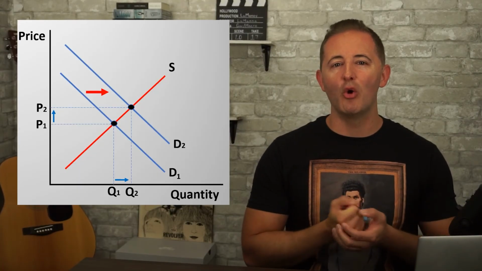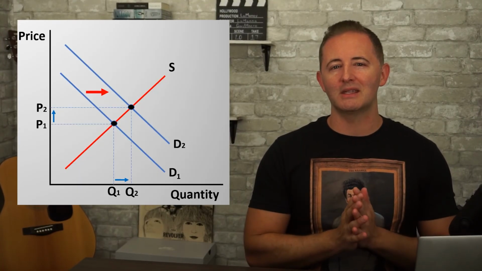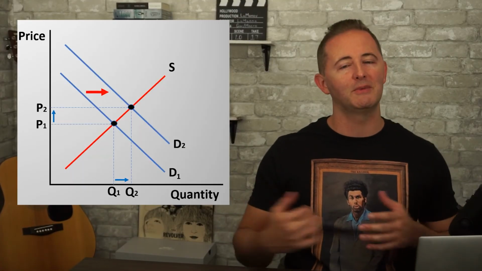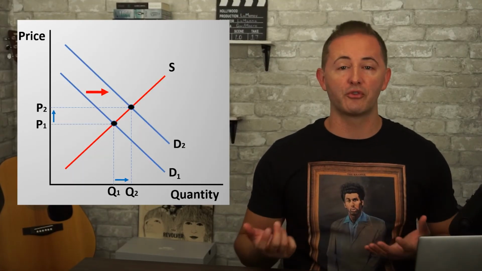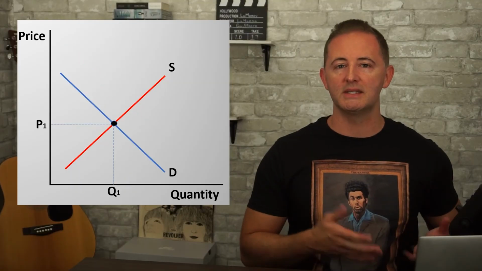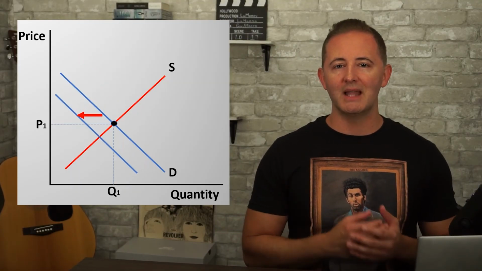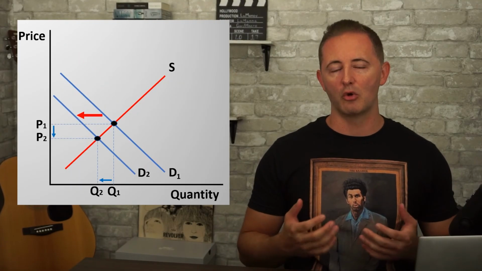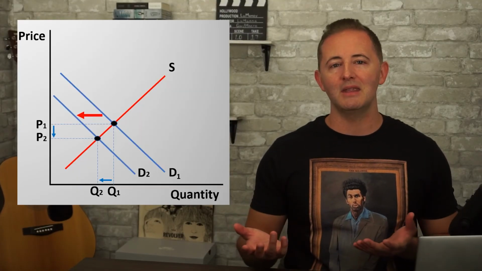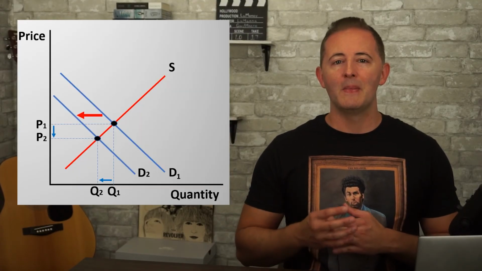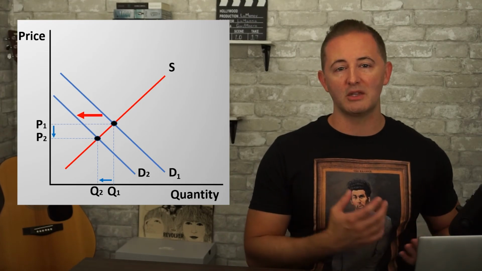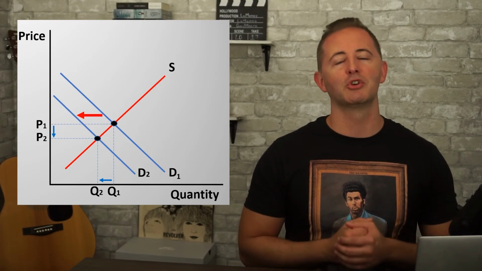Nothing is worse than knowing the answer and doing everything right except labeling it and then losing points because of that. Okay, I'm going to go through the other three a little bit quicker. If demand decreases, same story in reverse. Demand shifts left, and this leads to a lower price and lower quantity. The nice thing about demand is that whatever happens to demand, the same thing happens to both price and quantity. But that's not going to be true of supply.